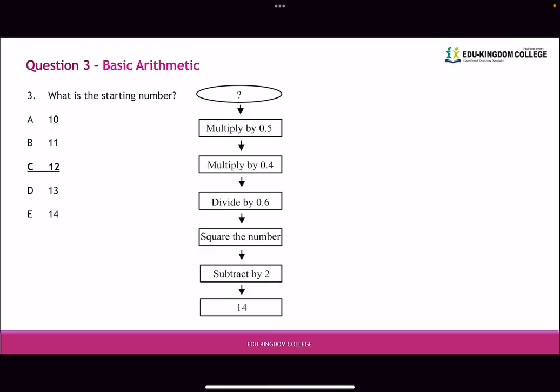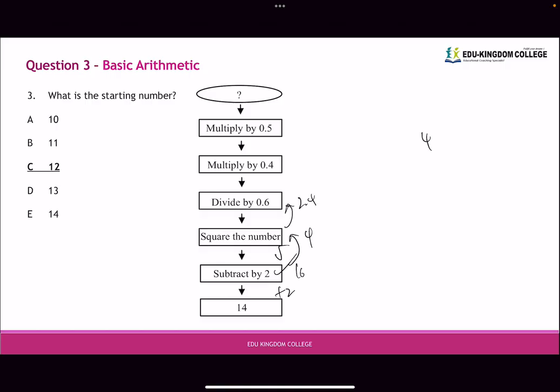So we're going to start with 14, and then if we have an operation here, we're going to do the opposite. So if we have 14, subtract by 2, we're going to do plus 2. So we should have had 16 here. If we have squared the number, we're going to root the number. So we should get 4 here. If we have divide by 0.6, we're going to do times by 0.6. So 4 times 0.6 is going to be